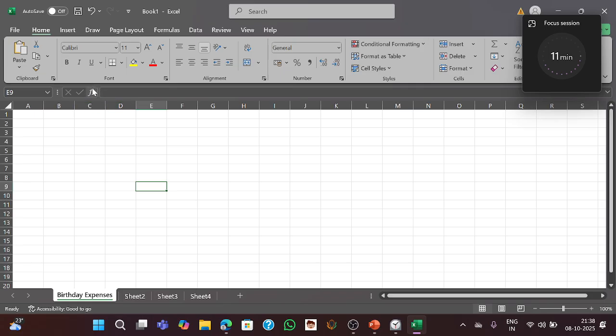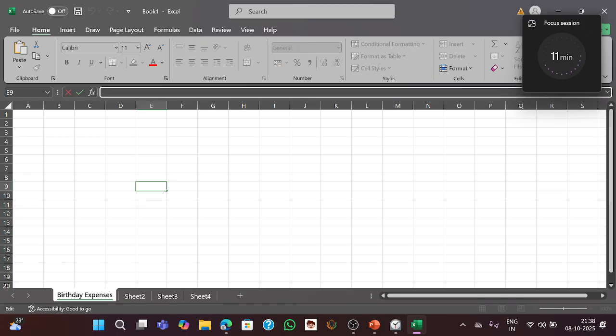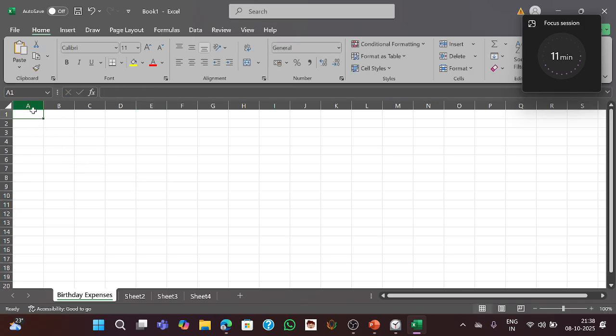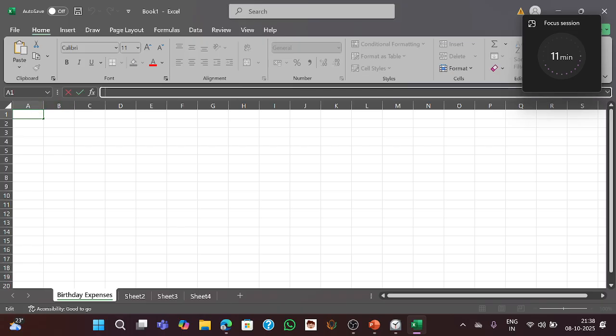Now, here, this is normally written as fx. This is the button, like you can say a tab, where you can enter formulas. So this is called the formula bar. If I enter anything over here, it will go directly into the cell that is selected by default. Let's say I am selecting this cell, that is A1. Now, after selecting this cell, whatever I type into this formula bar, let's say 56, that will be reflected onto